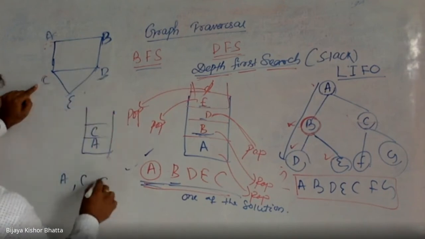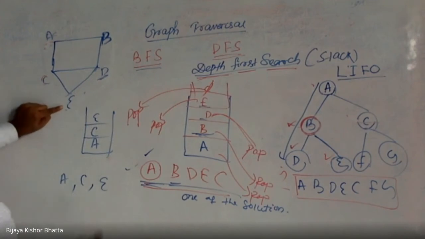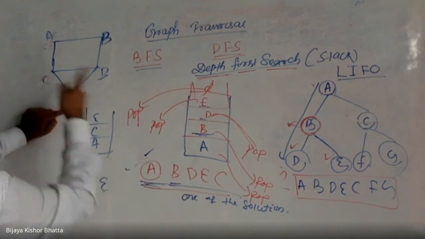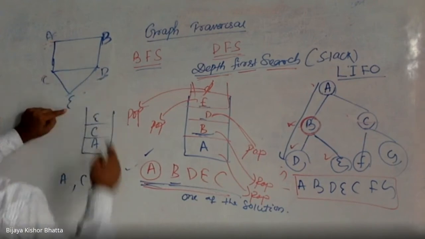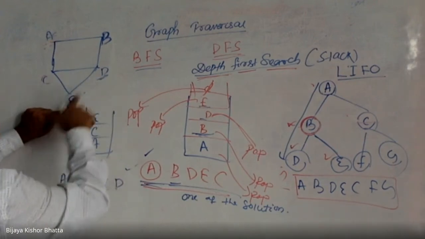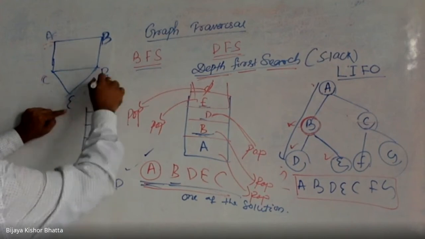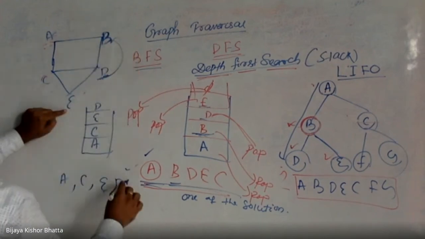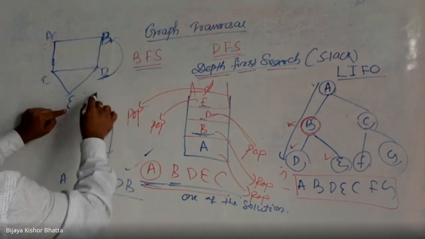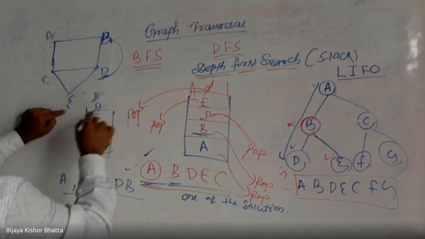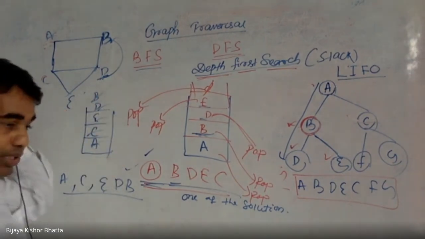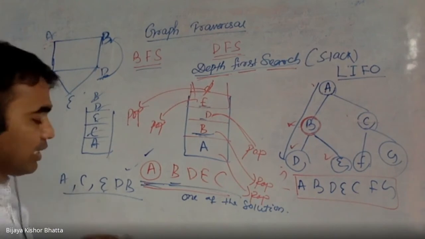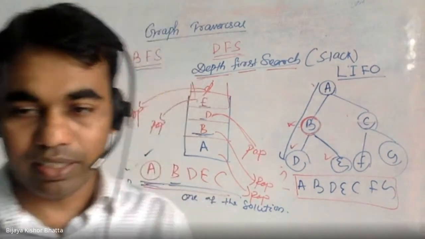Suppose I am going to E. So you will go to E. From E, you have only one choice because C is already completed. So that is D. From E, you will go for D, right? And from D, you will go to B, right? So you have only one choice. And you will see that B does not have anything. You will just keep on popping. Yeah, this could be one answer. A, C, E, D, B.